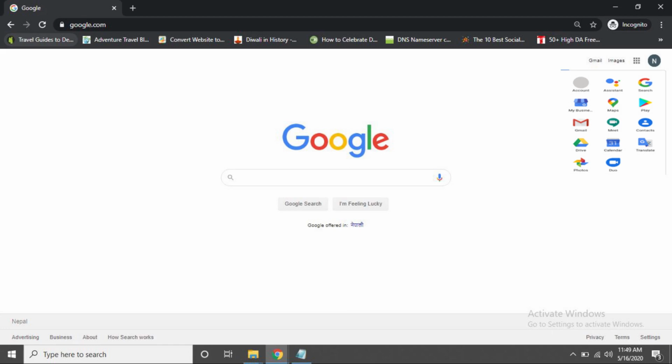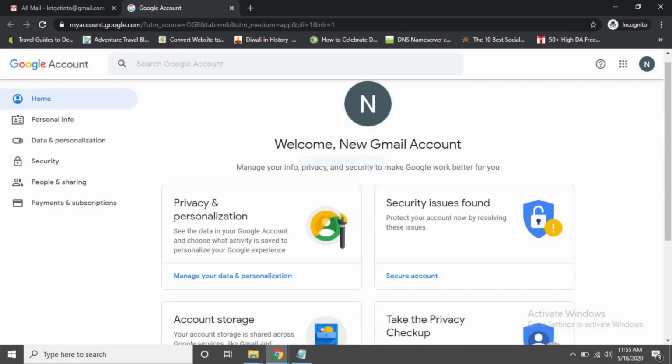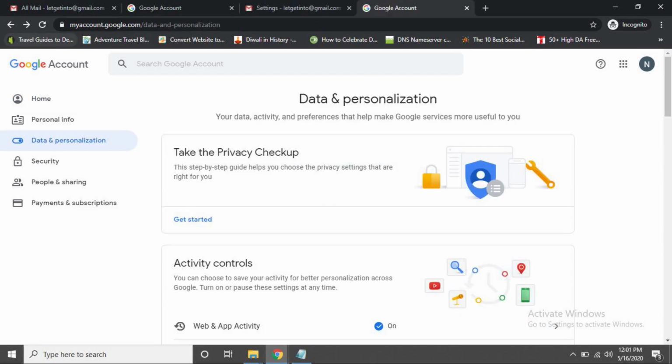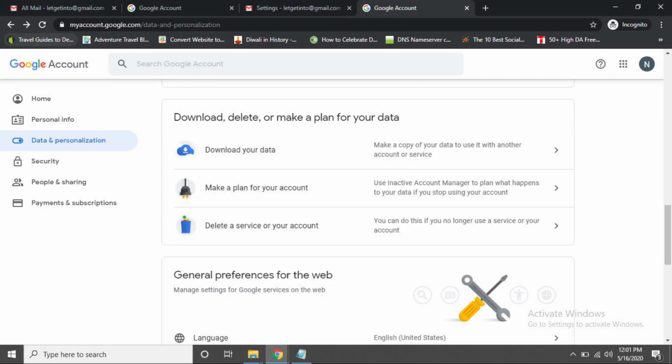Then click on account. You will see a screen. You are in account settings now. Go to data and personalization. Then scroll down. You will get the delete a service or your account option.